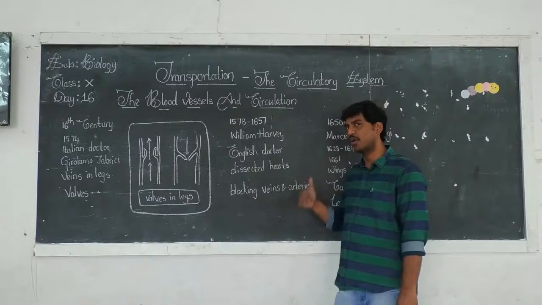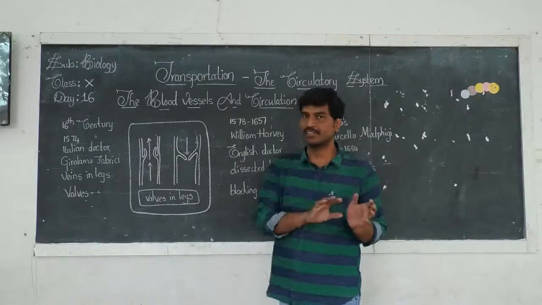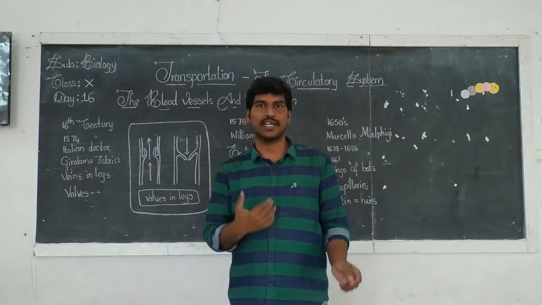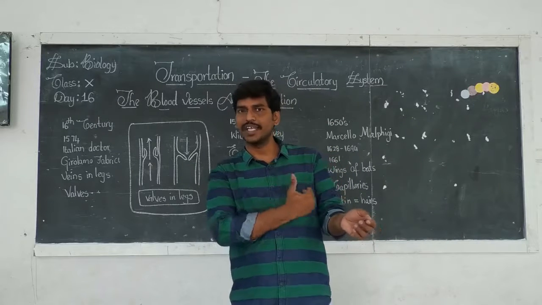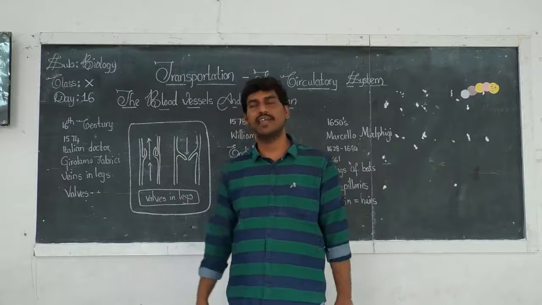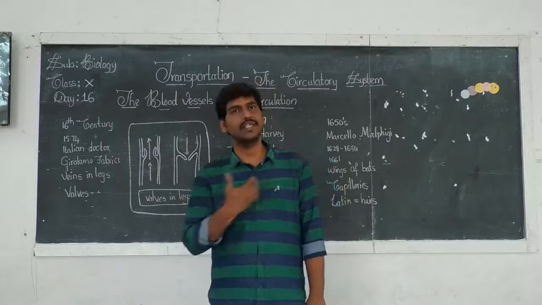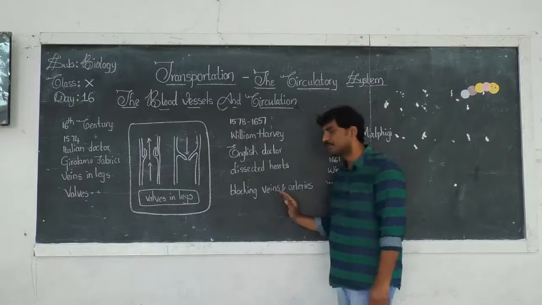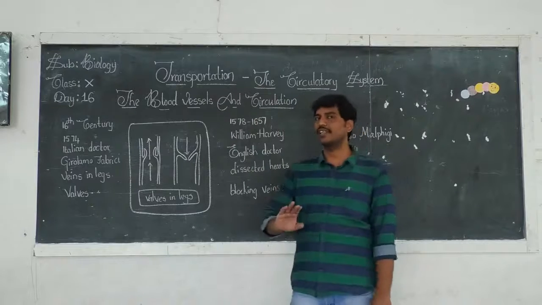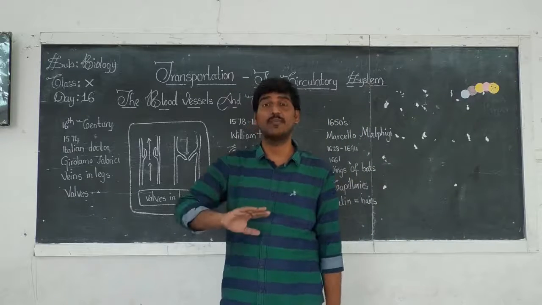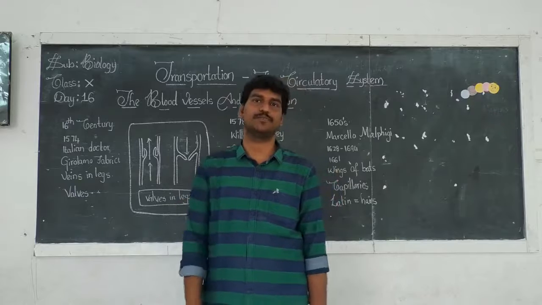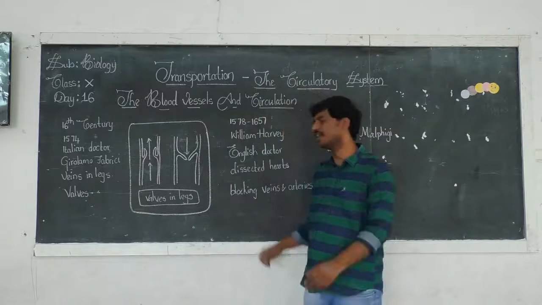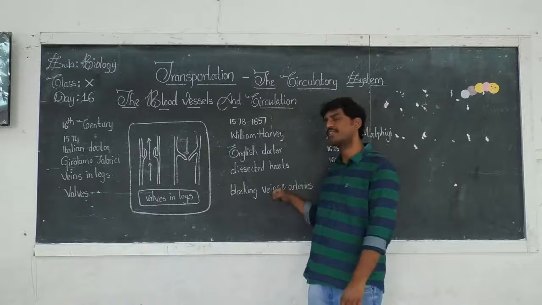Similarly, when he was blocking the arteries, he saw that blood was accumulating towards the heart. In veins, blood accumulates away from the heart, whereas in arteries, blood accumulates towards the heart. So he came to understand that arteries are the blood vessels which carry blood away from the heart. Therefore, most of them say veins are the blood vessels which carry